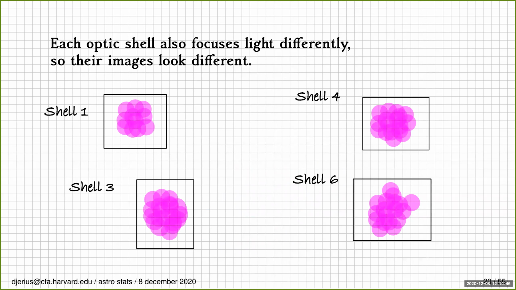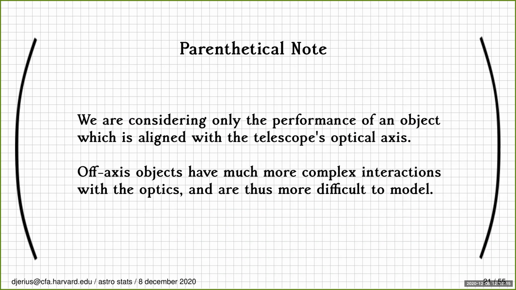The other thing that happens is that each shell, when it generates an image or when it focuses the photons at the focal plane, has a slightly different shape to that pattern of photons at the focal plane on the detector. And now we're going to combine all of these 4 shells into one. Each of these 4 patterns is composed of different ranges of energy because each of the shells has different sensitivities. And when you put them all together, you get something. So I want to point out